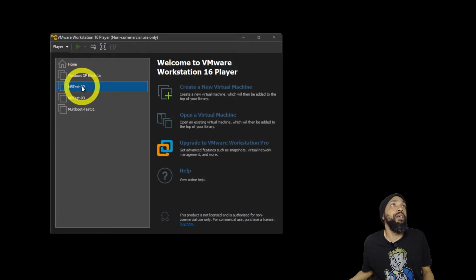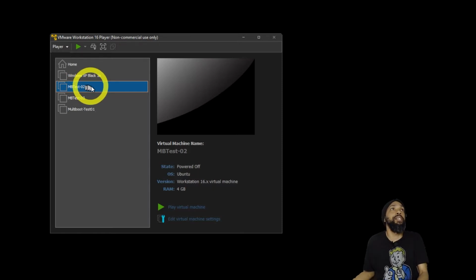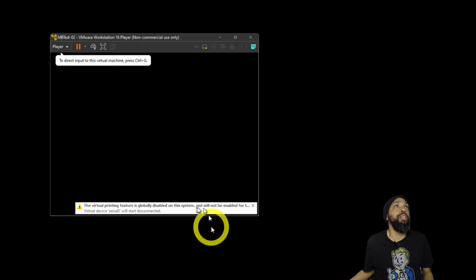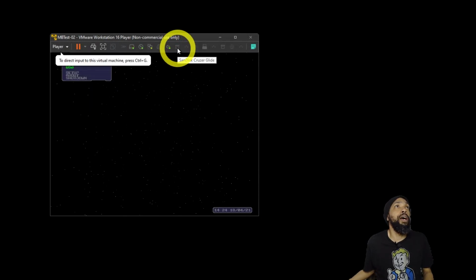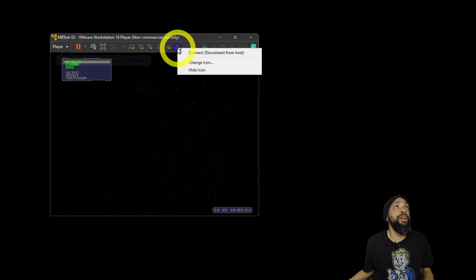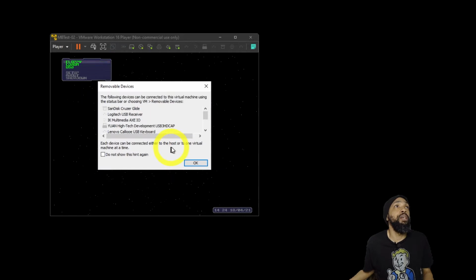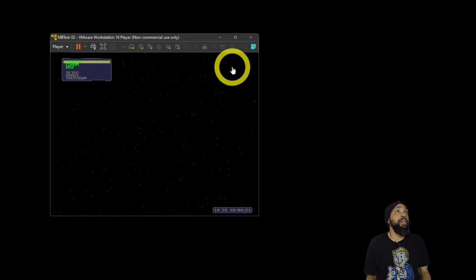Okay, so I created a special virtual machine for running these USB sticks. What it does is it has Clonezilla, the boot manager, installed. So I will play this virtual machine. Before I run the rest of it, I'm going to connect my memory, my SanDisk Cruzer, my USB stick, and